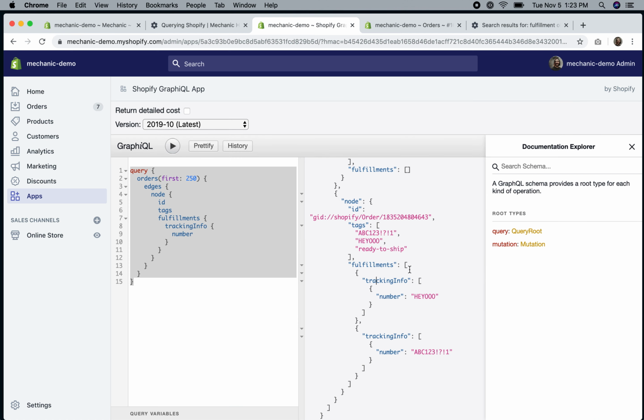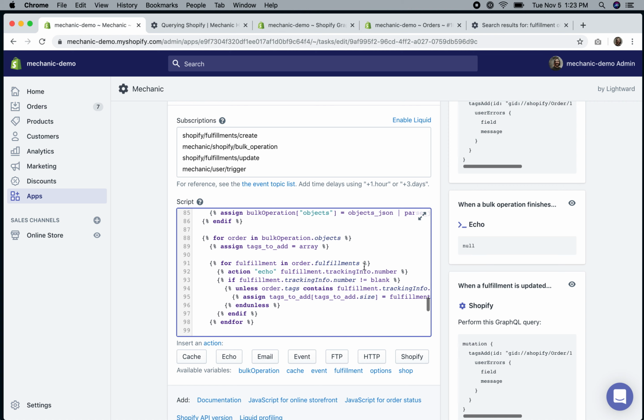Really? Is that how that works? Yeah, tracking info is an array. Okay. I stand corrected. We totally might have more than one tracking number per fulfillment. Fascinating. Cool. So tracking info is an array. Really happy we discovered that. Tracking info, so if I do this, yeah, okay, cool. So what should we do here? I guess we could do two different things. We can just add another for loop inside of this, or we could do something like